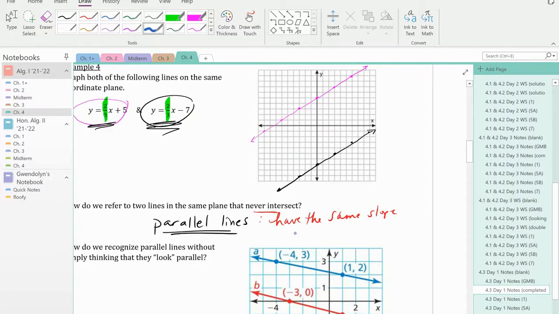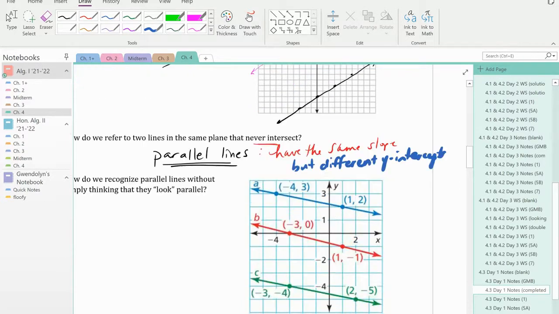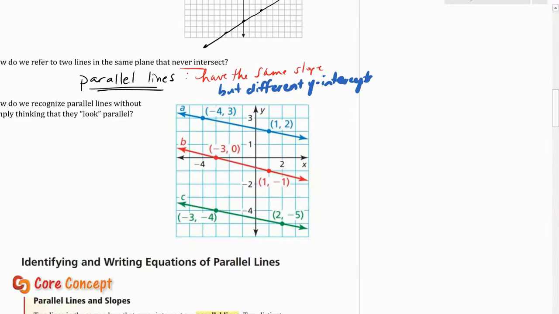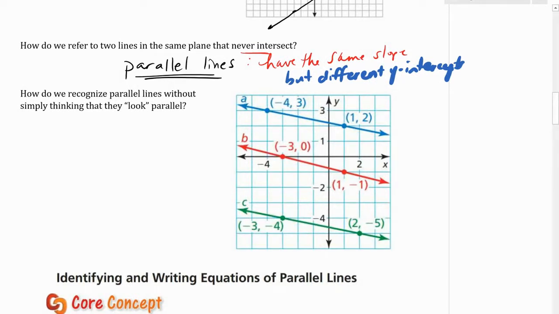So they have the same slope, but different y-intercepts. Okay, because otherwise they'd be the same line. We don't want them to be the same line. All right, so say you had this picture right here, and if you just looked at it real quick,